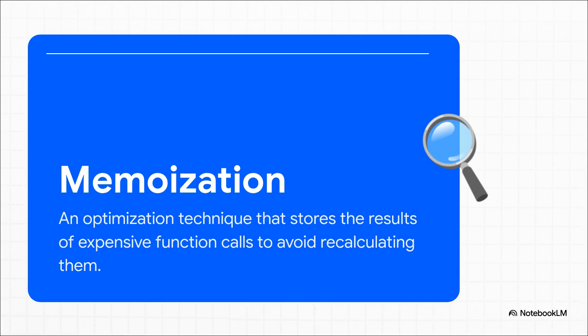Okay, one last awesome trick. If you try to write a simple recursive function for something like the Fibonacci sequence, it's painfully slow, just awful. Why? Because it ends up calculating the same values over and over and over again. We can fix this with a clever technique called memoization. It's really just a fancy word for caching our results. We use something like a map to remember the answers we've already figured out. Before we do any work, we check the map. Is the answer already there? Great, just return it. This simple trick can take a function that would run for minutes and make it finish in a fraction of a second.